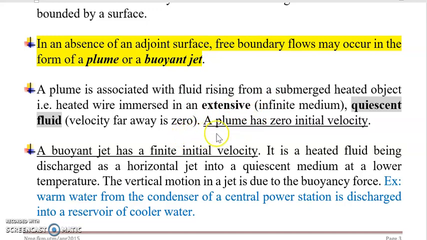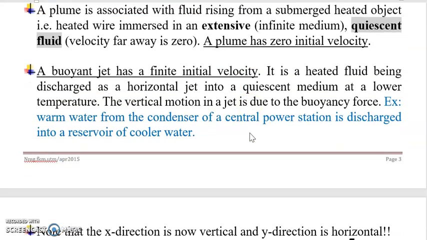A plume has zero initial velocity. A buoyant jet has a finite initial velocity. This heated fluid is being discharged as a horizontal jet, so it has an initial velocity, being injected into a quiescent medium at a lower temperature. Now, the vertical motion in a jet is due to the buoyancy force, the difference in density due to gravitational force. An example would be warm water from the condenser of a central power station being discharged into the cooler river